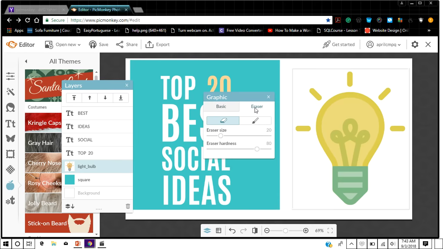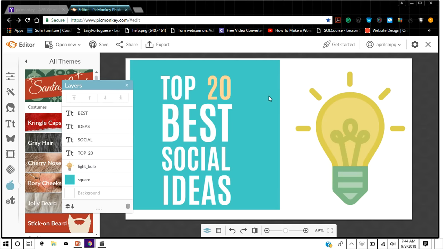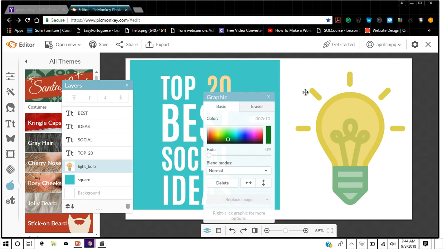Especially if you're on a budget, you can use the eraser. You can erase all of this or just some of this. And if you don't like it, you can go down here to fix it back. You go back to basics and you can get out of here, and anytime you want to pull the graphic screen back up, you can come back. Oh, and let me mention you can change directions of anything. You can turn it upside down any way you want to, or you can delete it. I'm not going to delete it. And you can fade it in and out,